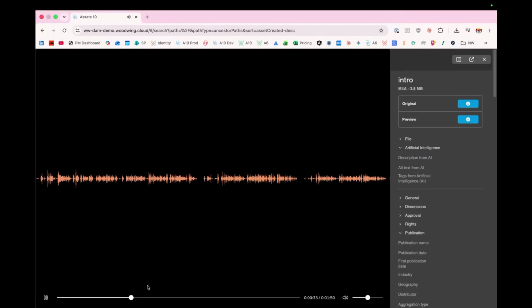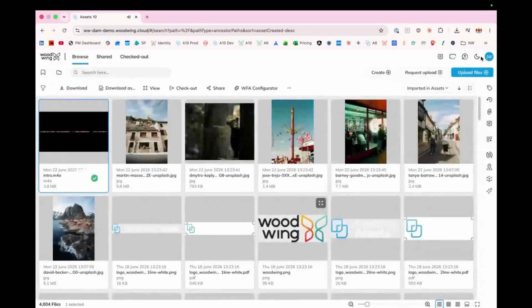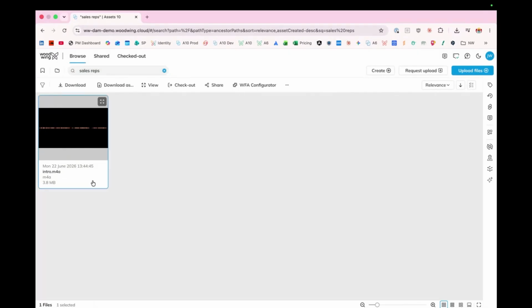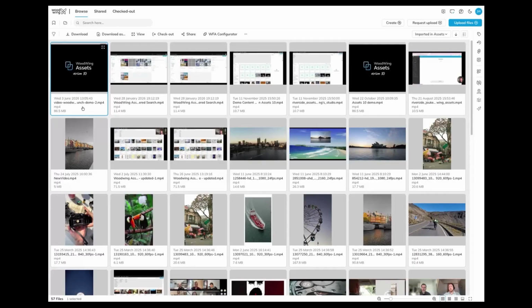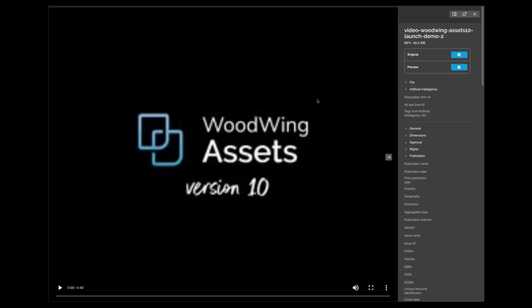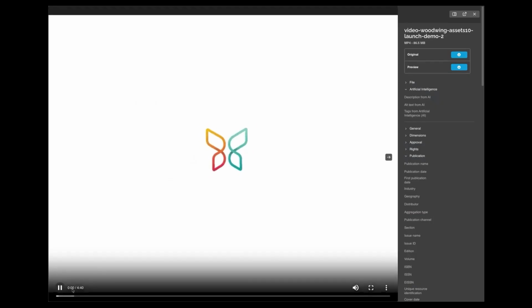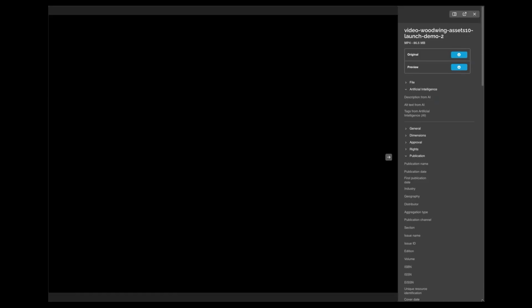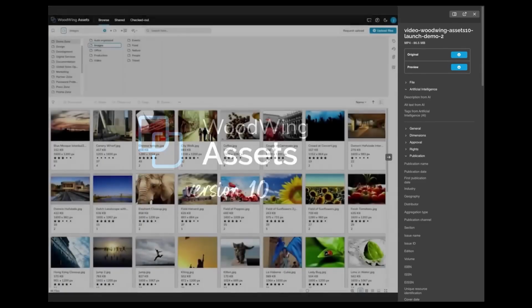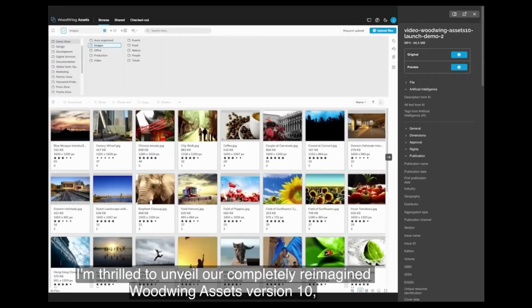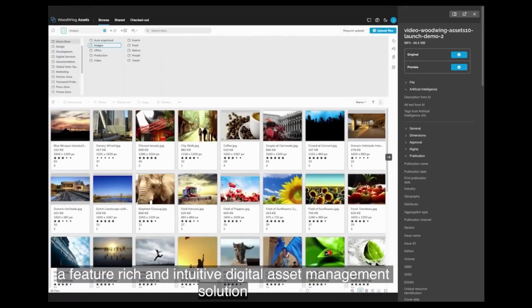Organize, manage, and share their digital files efficiently. And this integration in particular allows for sales reps to browse, search, Today, I'm thrilled to unveil our completely reimagined WoodWing Assets version 10, a feature-rich and intuitive digital asset management solution